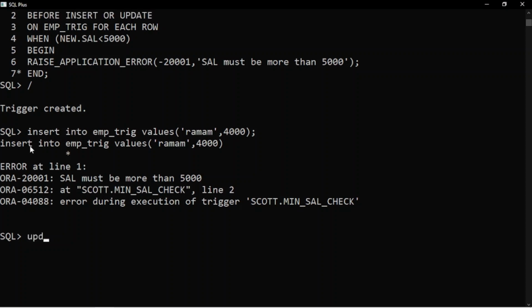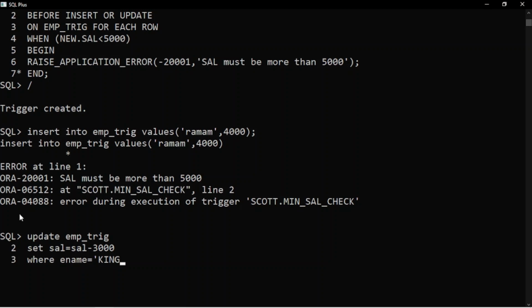So update EMP_TRIG set salary equals to salary minus, let's do 3,000, where name equals to 'KING'.